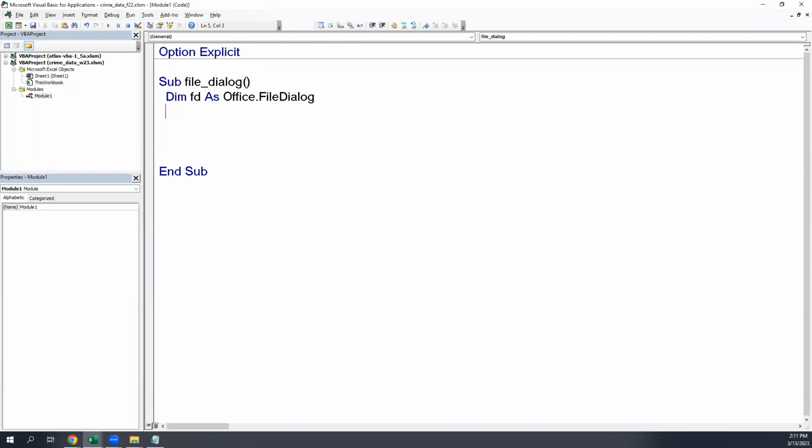And so we have to do a separate step to actually create the object and then connect it up to our object variable. And so the way that we do that is set FD equal to, and then we need some statement to create the object. Most of the object variables that we have done so far,